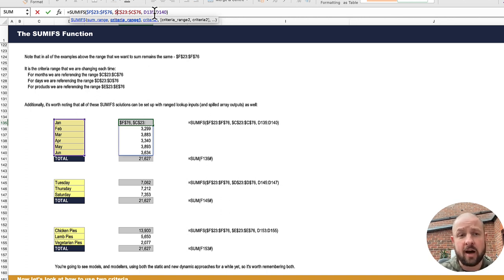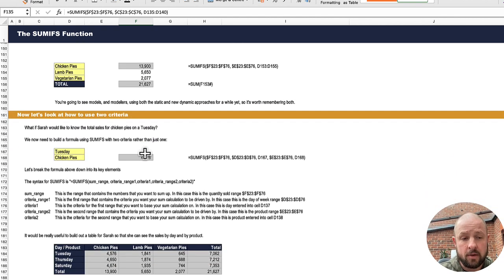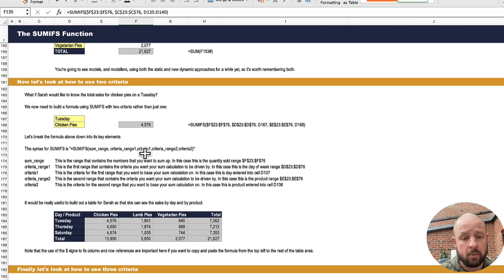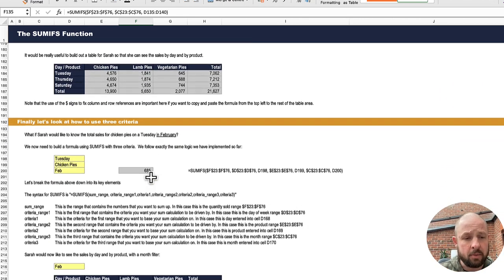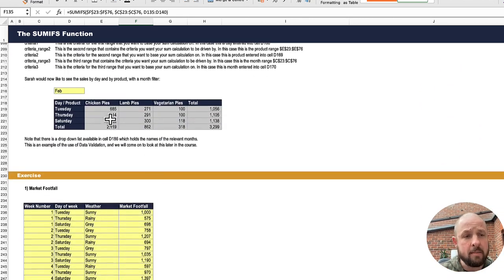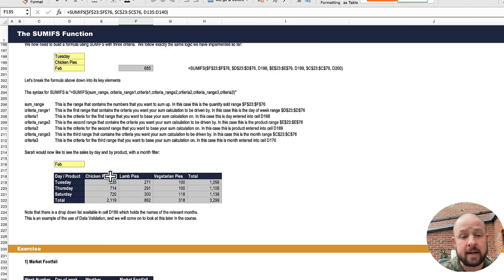So as long as you're highlighting within the range, the criteria range, then you should get the result back as a spilled range as well. So then I step this up in the workbook on the SUMIFS tab and the COUNTIFS tab to the point where you've got a number of different criteria. And the only thing that I would point out here is that